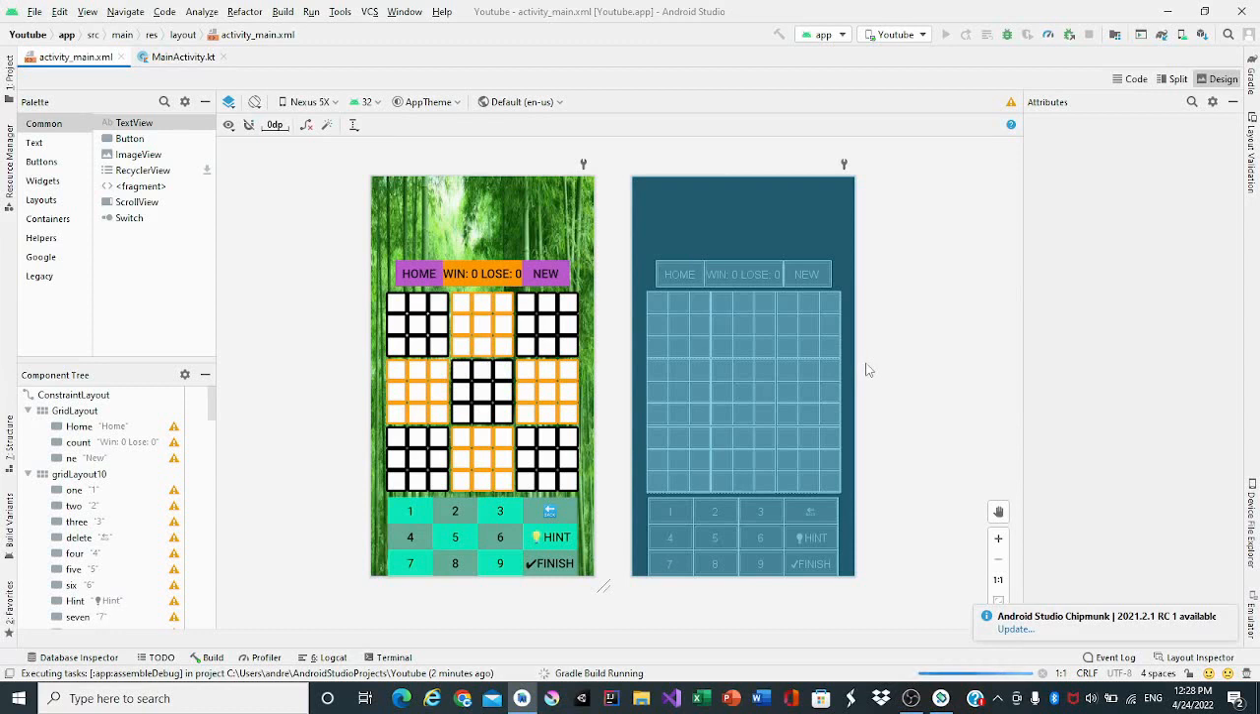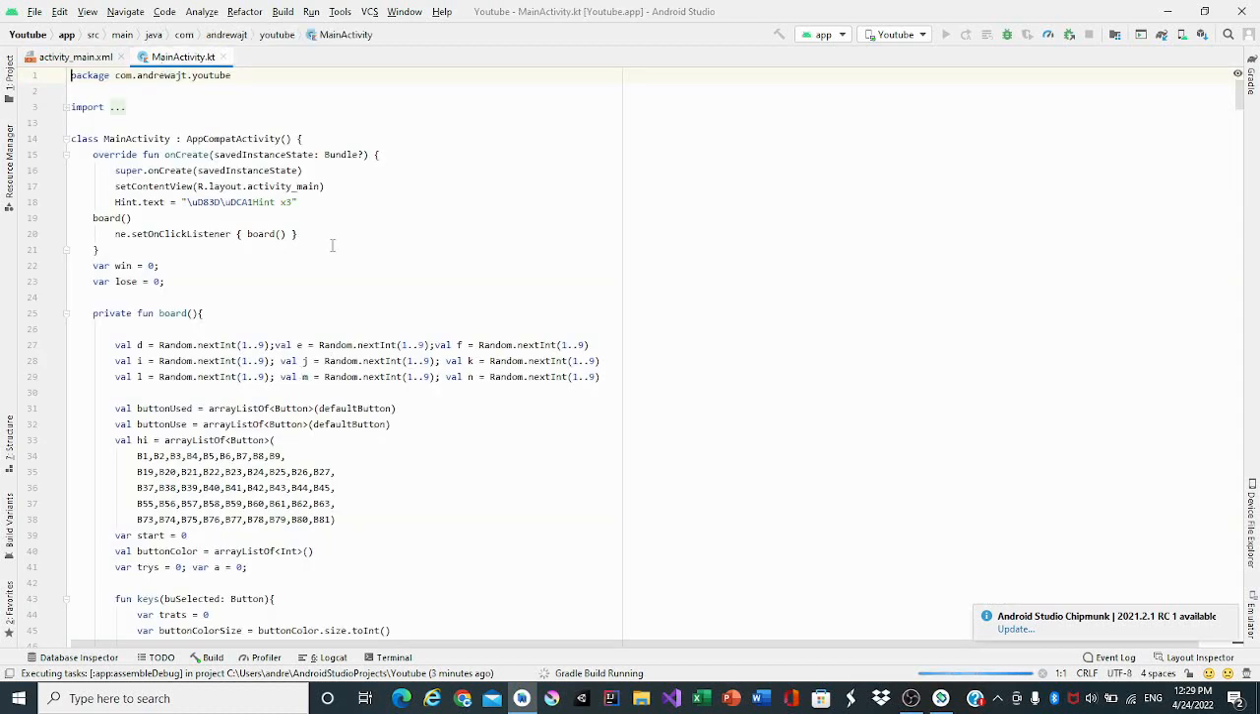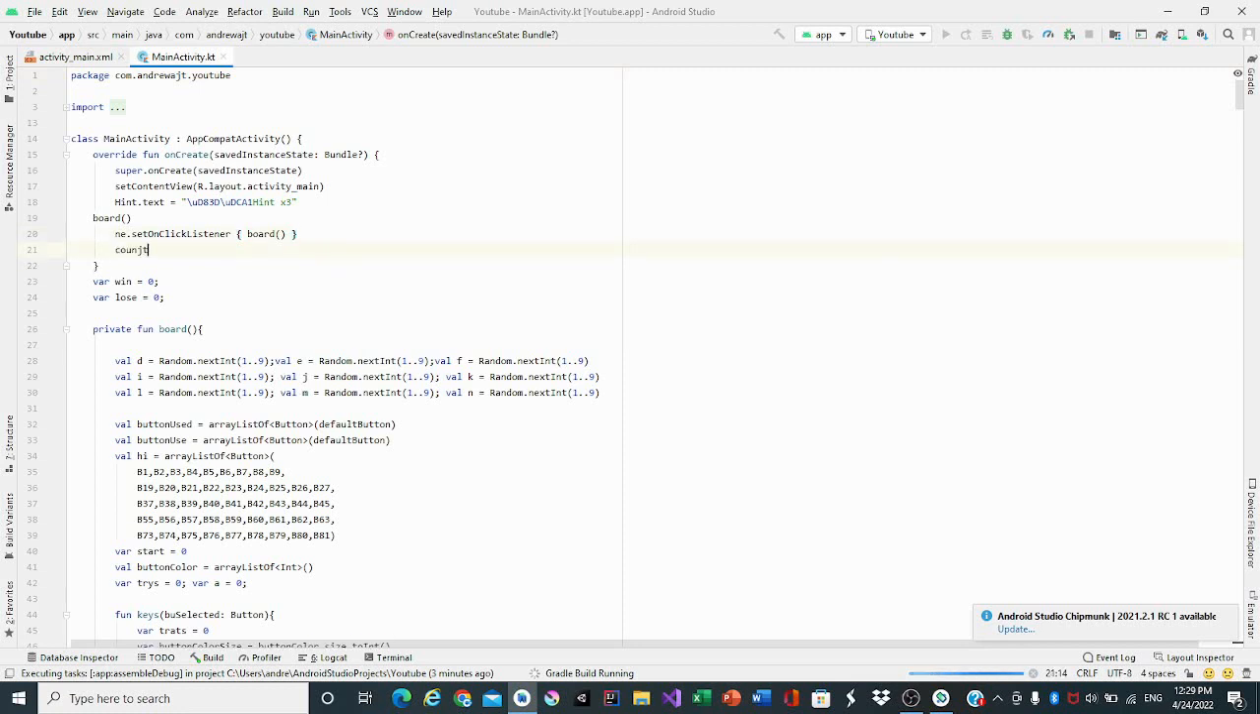In this video I'll be doing the finishing touches on the Sudoku app, and I'll be telling you what the next app you will be creating is. The finishing touches: we're just gonna clean up the code a bit, make it look a little nicer, and add a little more functions. So for the win 0, lose 0, we know the ID is count, so we can go back into the main activity, going up here and put count